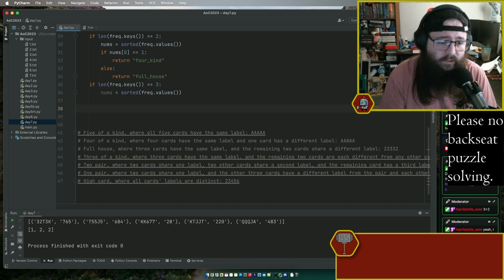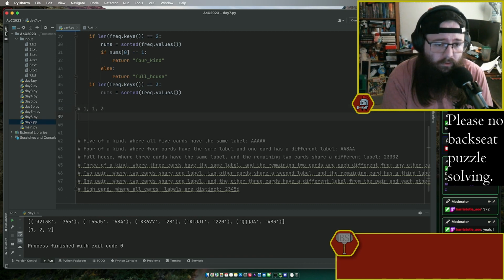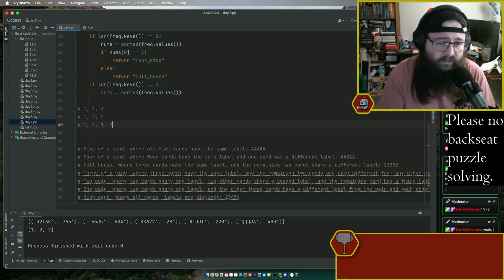So since we're in the 3 key category, if it's a 3 of a kind, it has to be 1 1 1 3. If it's 2 pair, then it's 1 2 2, and if it's 1 pair, it's going to be 1. Can it be 1? It can't be 1 pair. I don't think it can, because 1 pair would be 1 1 1 2. That has to be 4 keys. So we could do